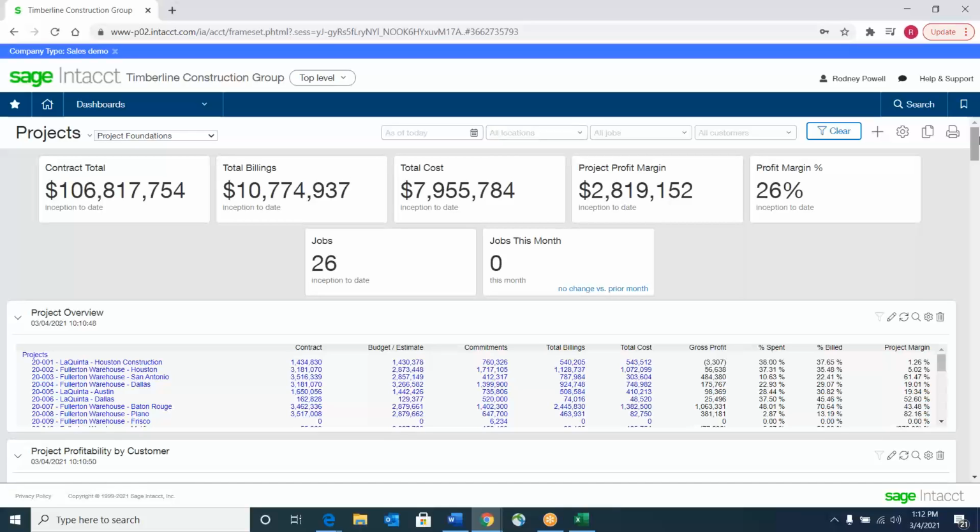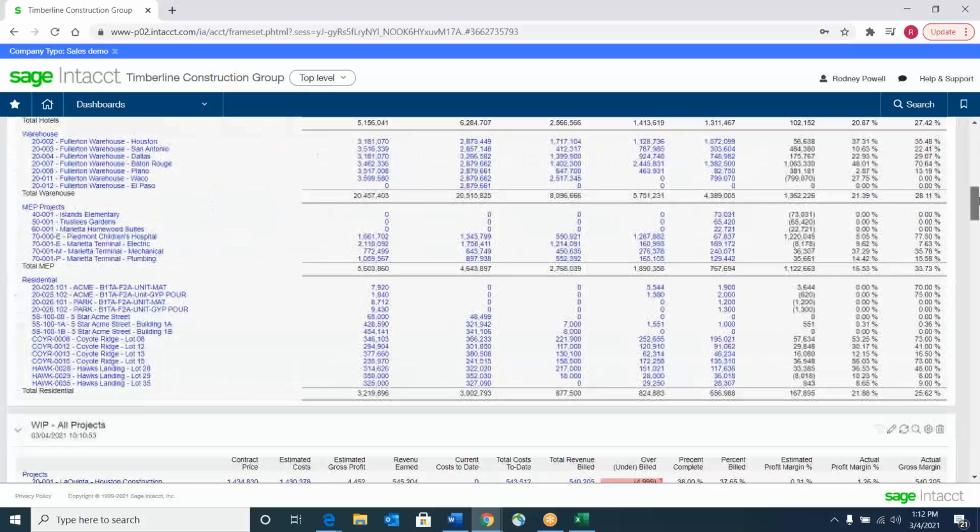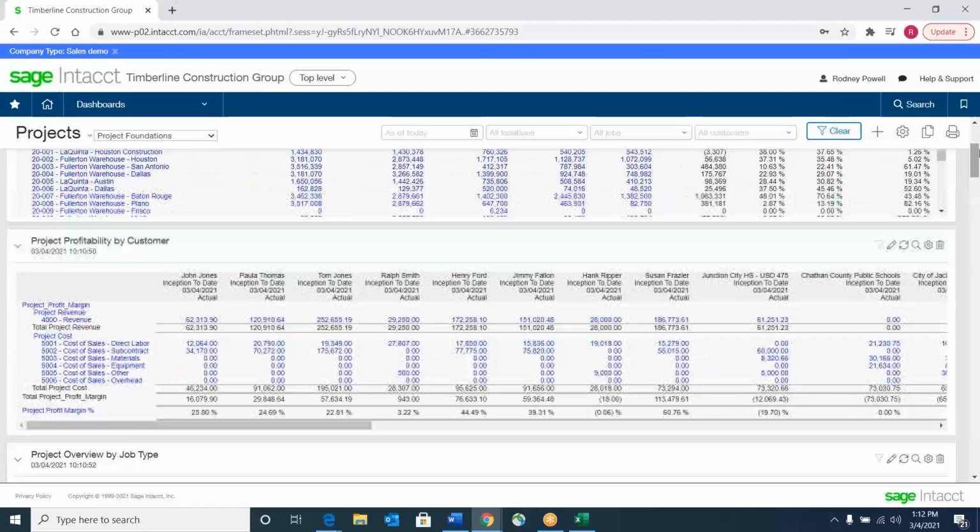So we're going to start with some general features, some user experience. We'll talk about multi-entity, look at some dashboards, some transactional data, and then we'll wrap up with reporting. So let's get started. I'm already logged in on the home page, and as an end user in Sage Intacct, you can pick the home page you want to see. For me, it's the project dashboard. That home page has menus and dashboards and reports that give me access to all the information that is relevant to my job. So this home page, that starting page, is your launch pad into the rich functionality of